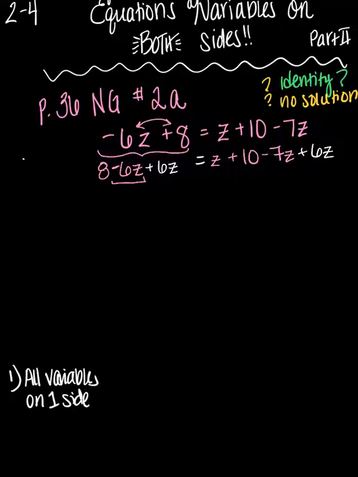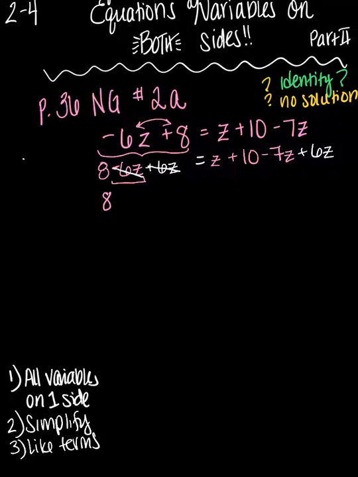Okay, now let's simplify and combine like terms. That's step 2. Simplify by combining like terms. So what terms are alike? Well, here, this ends up crossing out because that equals 0. So I'm left with this 8 equals z plus 10 minus 7z